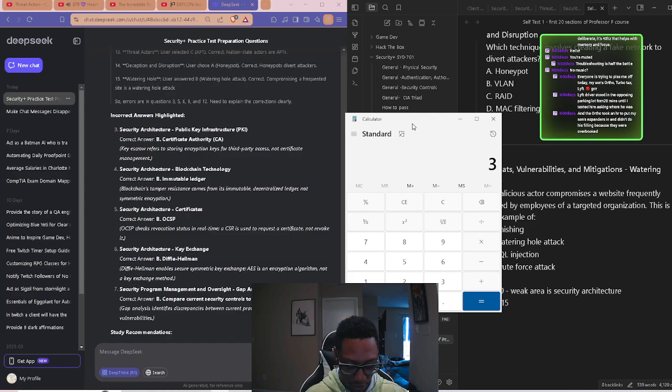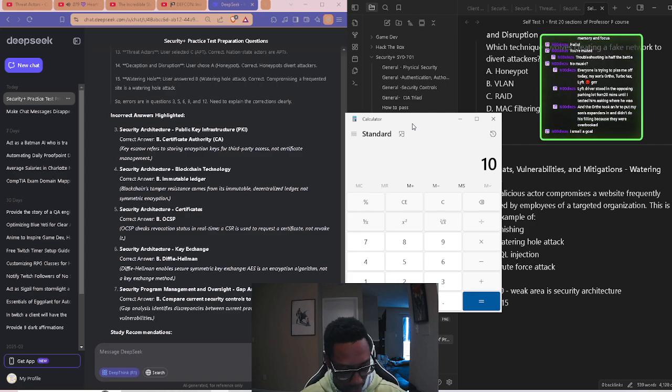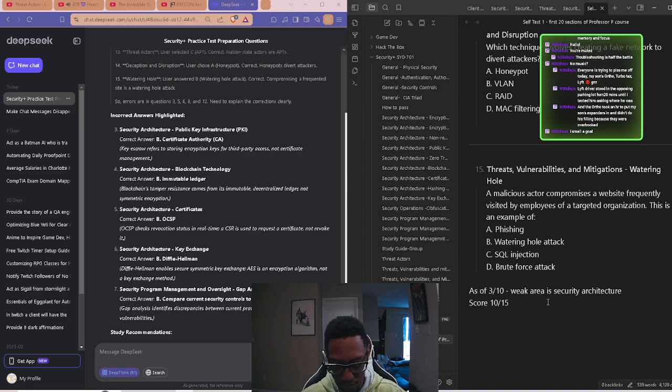This is broken. Should I be able to do the mental math of this? Absolutely I should, but I'm not going to. Divided by 15. So damn. Okay, not great. That is a 67. Not great.